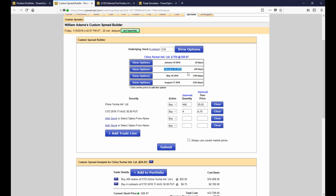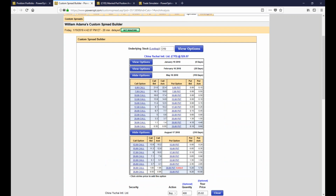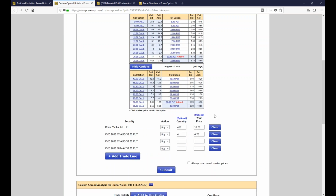So what I would tell you is consider evaluating that income method number 3 on your own, rolling into March, that will take you through earnings, and see if you can get less than a 1% risk. You probably won't because you'll be paying more time premium. Could I do it for May, shorten the time frame and lower the risk? Probably. But again, I don't know if that matches your goals, what's talked about in the blueprint, the expectations and